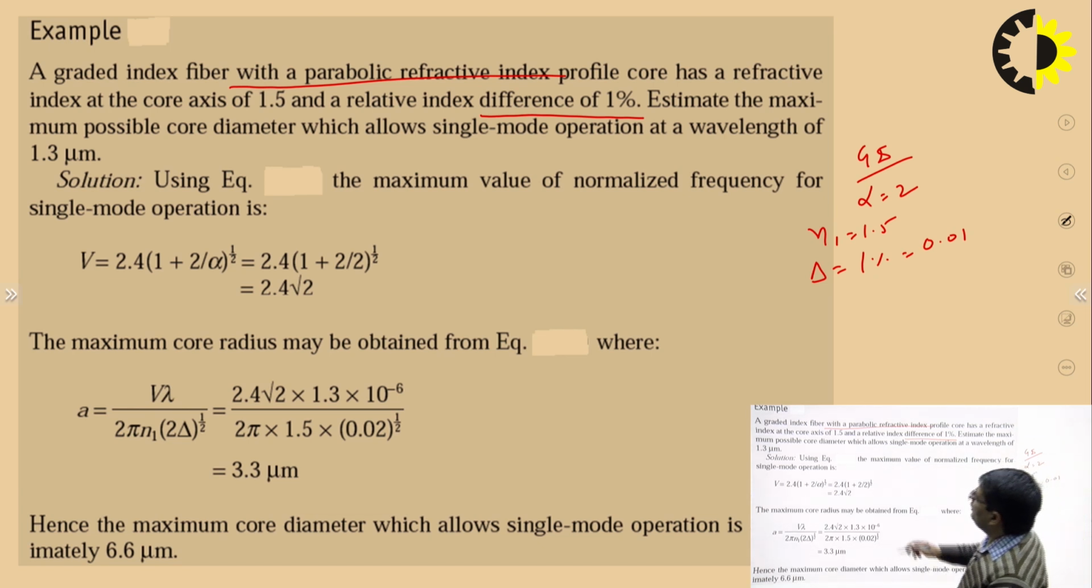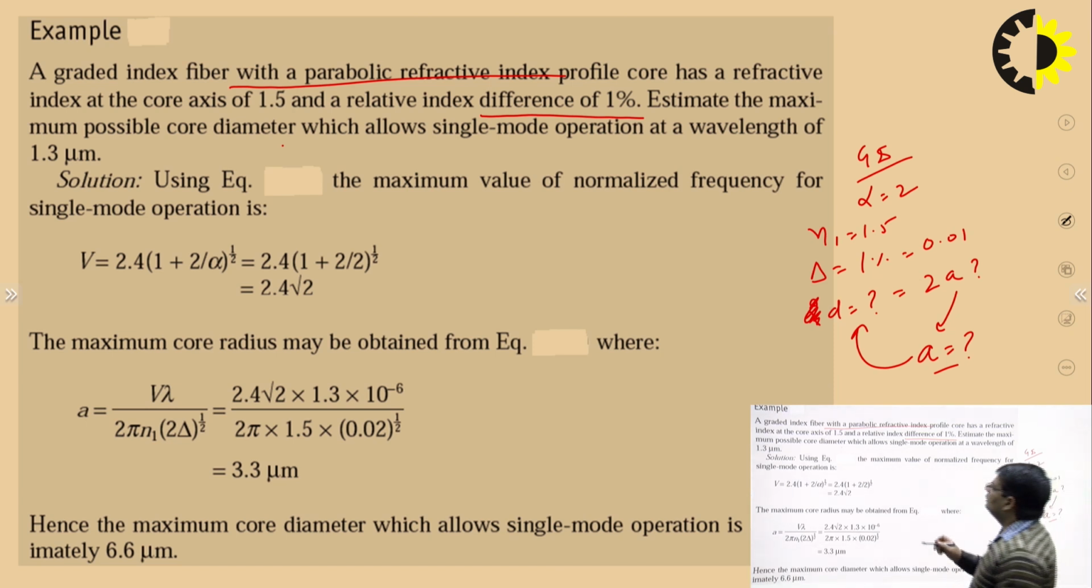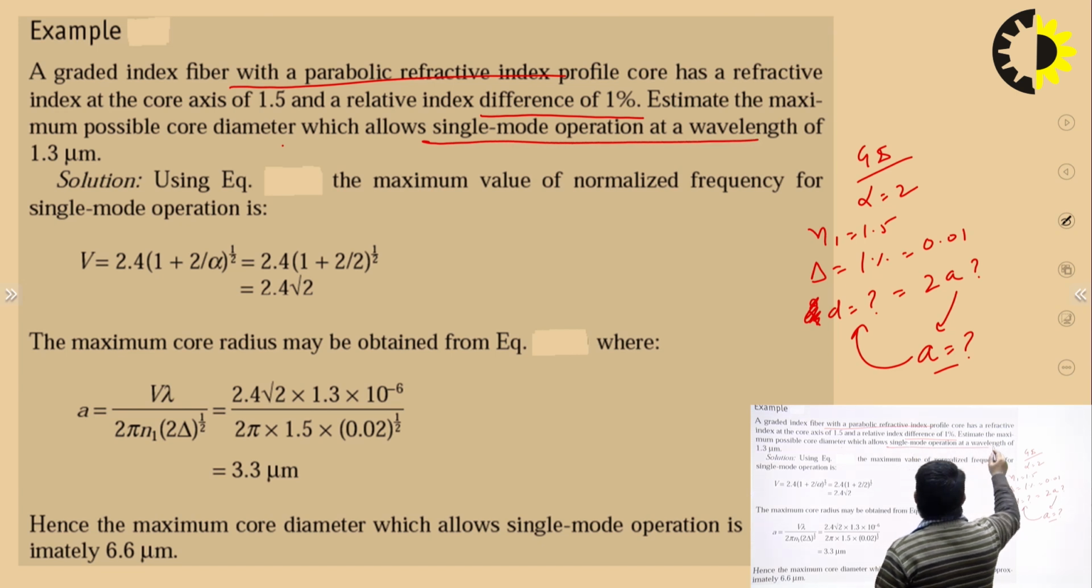Then estimate the maximum possible core diameter, that means 2a we have to calculate, or we can say that the diameter is to be calculated. So diameter is equal to 2a. So basically we will calculate a and then double it to get the diameter, because the formula for V number is available in terms of a. So we will compute a using the V number formula as discussed in the previous slide, and then calculate the diameter by doubling it, which allows single mode operation,